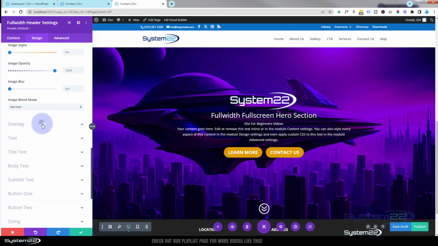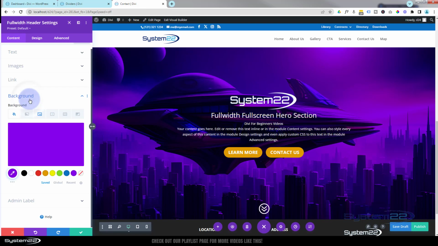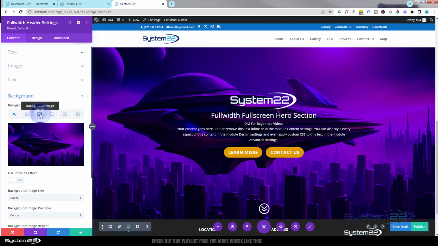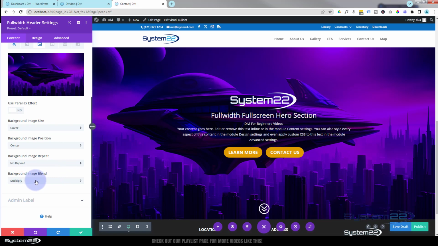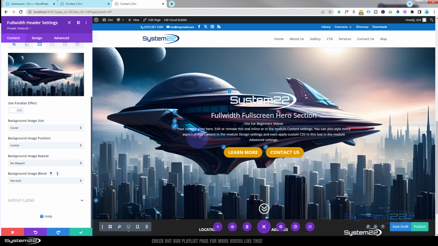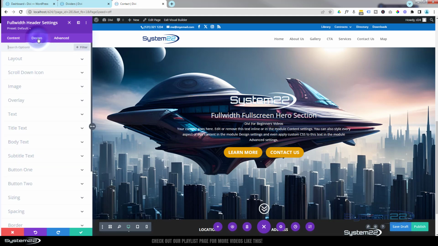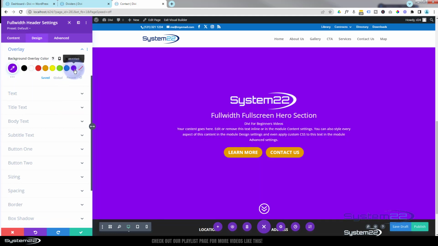Overlay. Here's another option. Let's just go back to my content, back down to the background. I'm going to click on my image right there. I'm going to take that blend away, so it's back how it was. Remember, we put it on multiply. I'm going to pop that back to normal. There's the regular picture. I just want to show you what the overlay does. It's another option to make your writing stand out a little bit more. So let's go down. Overlay. You can choose a color. If you want to choose that same purple, you can do that, and it puts a purple color over the